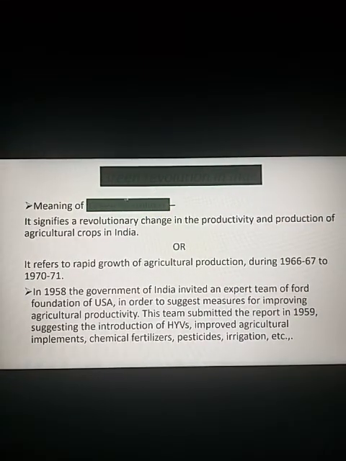First, let us try to know the meaning of Green Revolution. The term Green Revolution signifies revolutionary changes. That's what I told you. Quick, sudden, rapid changes that took place in the agriculture productivity and production of agriculture crops. Or you can also define it the other way, as growth of agriculture production during